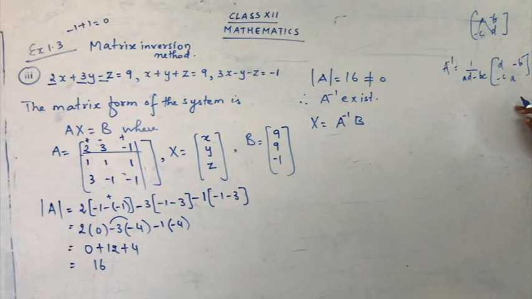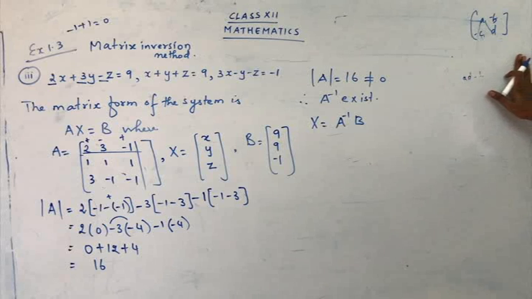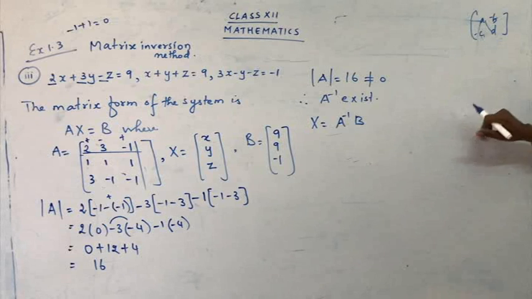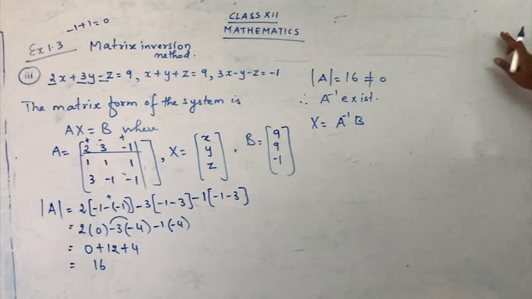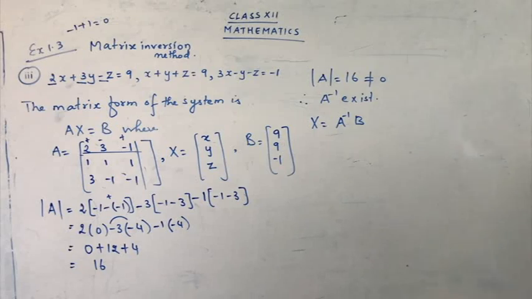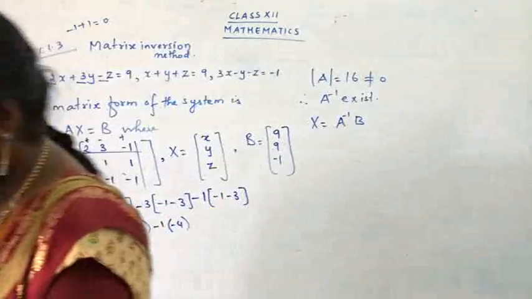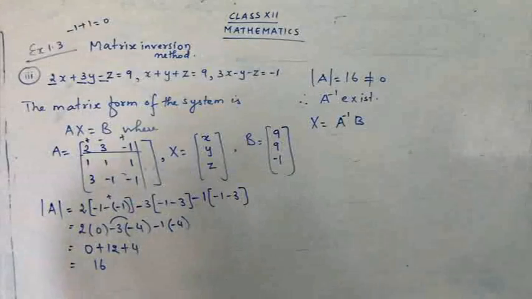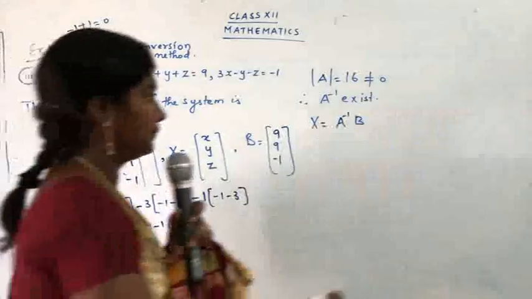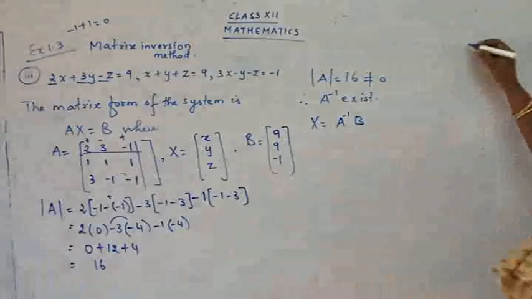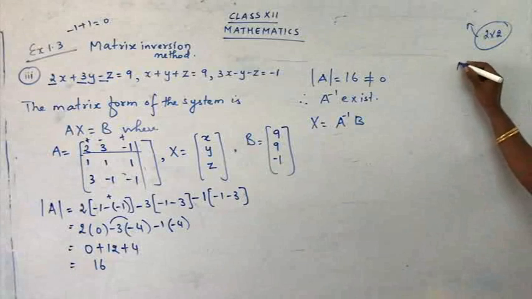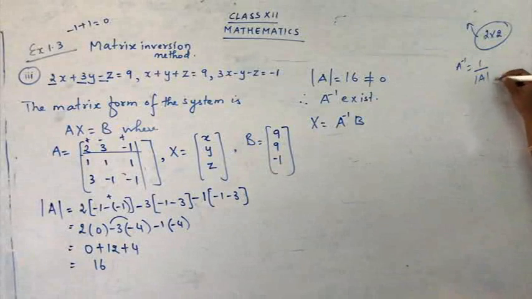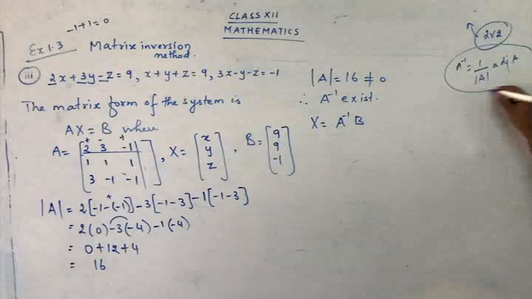But here we have to deal with 3 by 3 order. So we cannot use this formula. So we have to use a cofactor method. So you have to first find the cofactor, then you have to find the adjoint, and then we have to apply the formula and we have to get the answer. So what formula are we going to use here? That was the formula for a 2 by 2 matrix, the previous formula. And for a 3 by 3 matrix, A inverse is 1 upon determinant A times adjoint A. So we are going to use this formula.